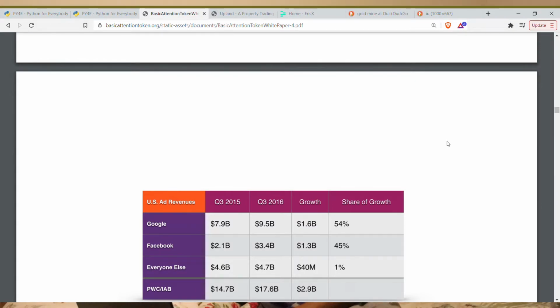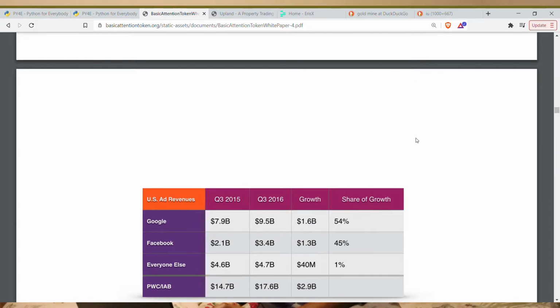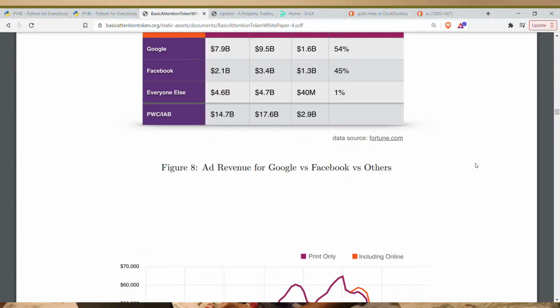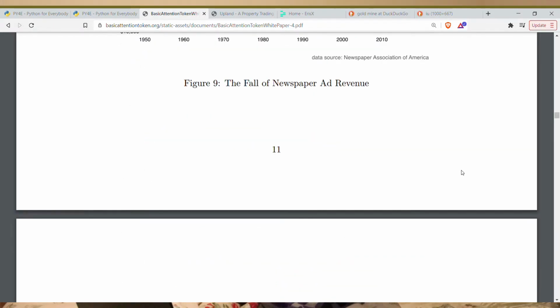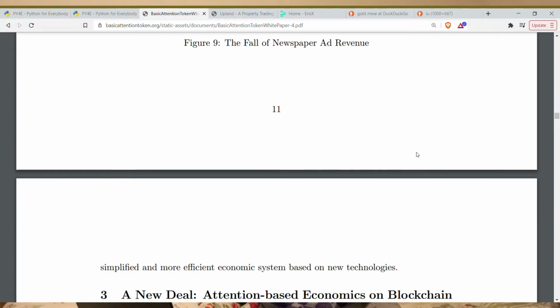Granted, a lot of people download ad blockers, and that's also part of the issue that they talk about here, and that's an issue for publishers. Because if you download ad blockers, the publisher doesn't get the max amount of value that they could based off of the content they produce. How the publisher gets money is by the ads on their site.